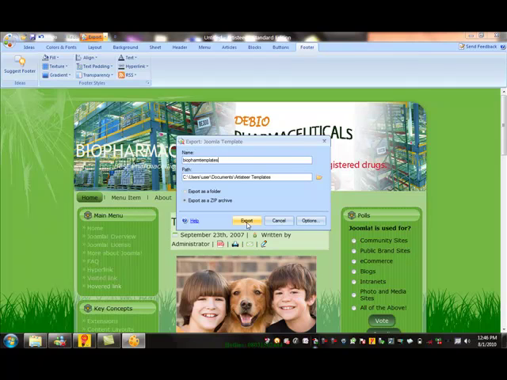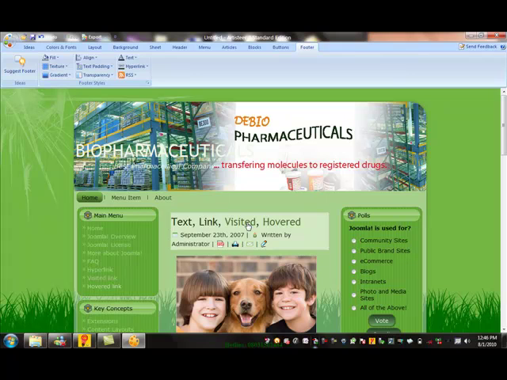Automatically the template has been created and has been what? Exported. The next thing you are going to do is to go to your back end, install the templates, and make it your